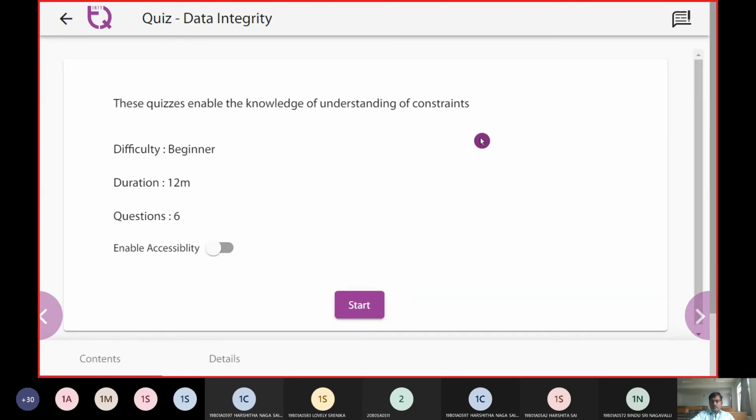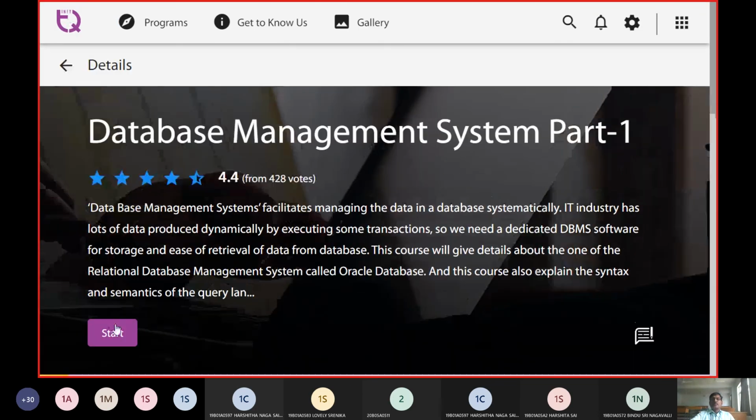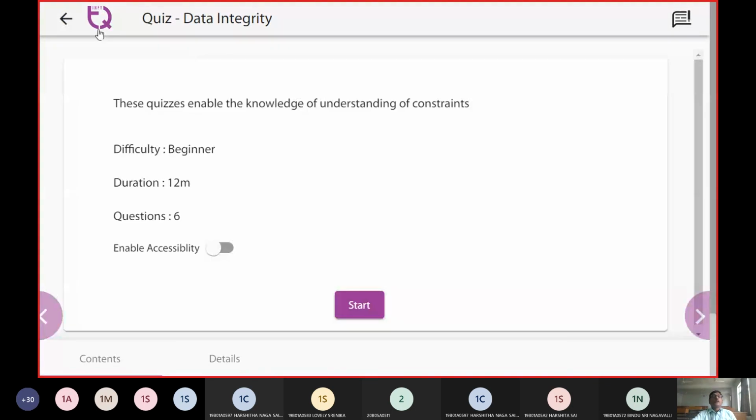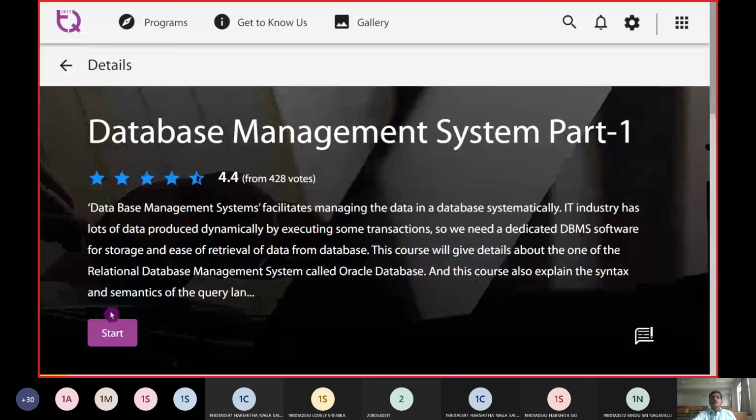The next one is a quiz. For time saving, we will skip the quiz. You can practice on your own; it is related to data integrity.